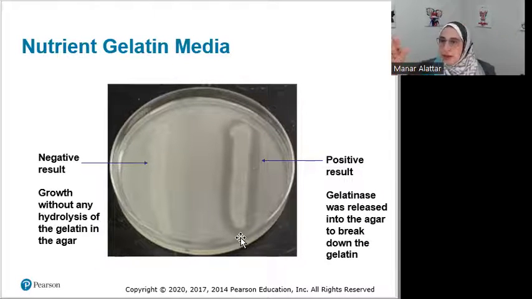In our case, we'll see liquefaction of the media because of the gelatin used, right? And so you have many organisms that might grow, but you can differentiate between those organisms based on their gelatin